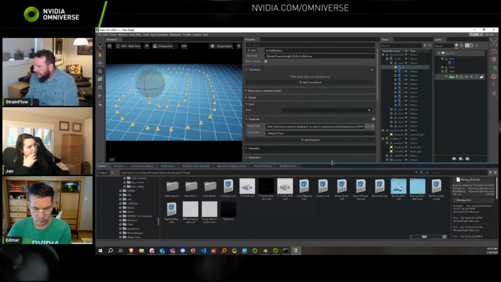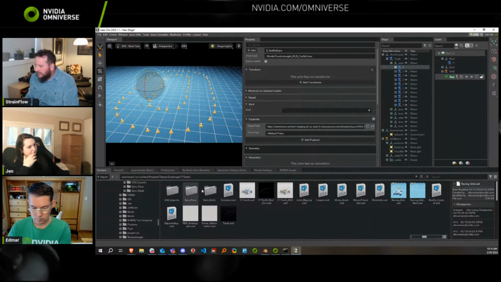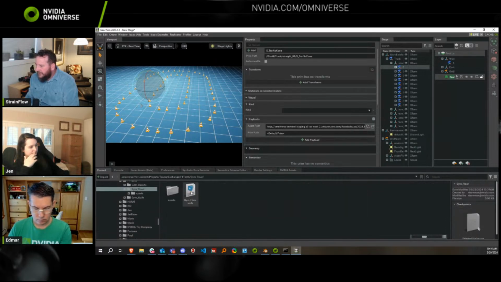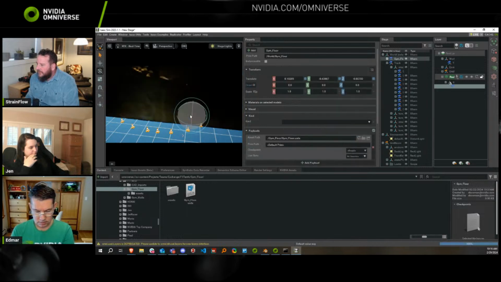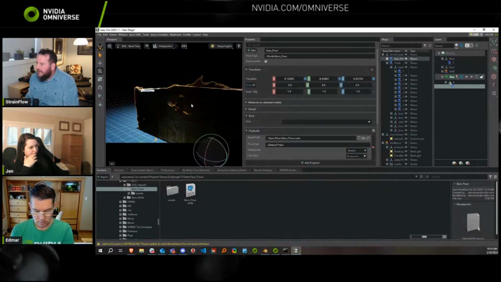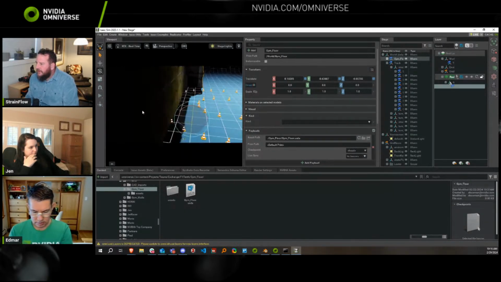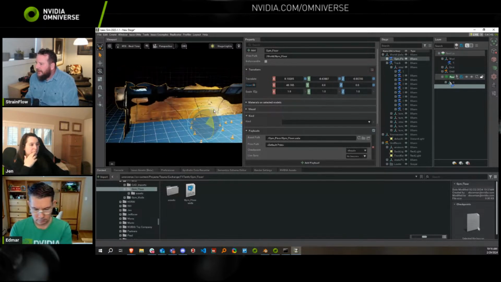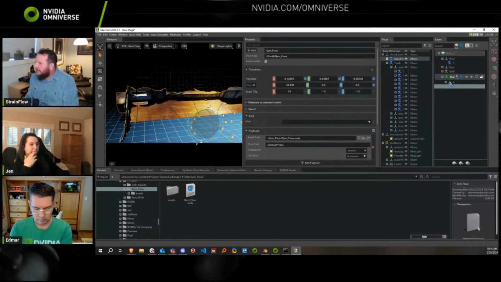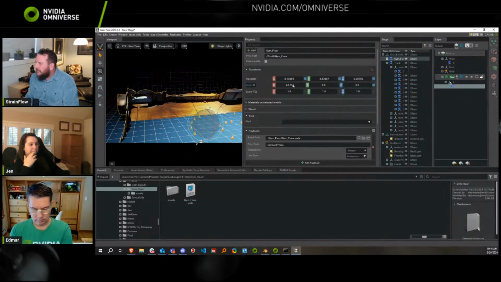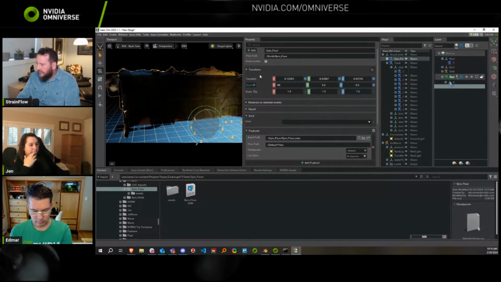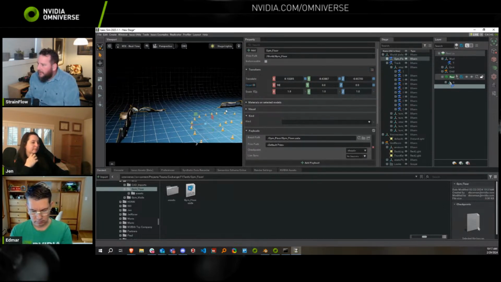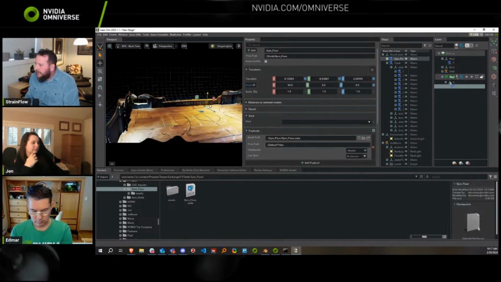Let's see here. Gym wall. Let's just start with the gym floor. If you remember, this is the floor, and then we can turn that 90 degrees. And then we can lift it up.